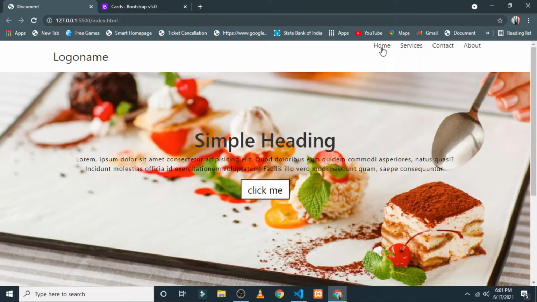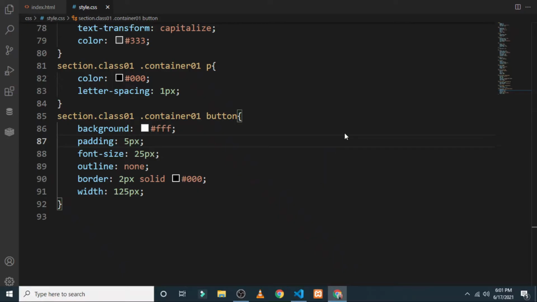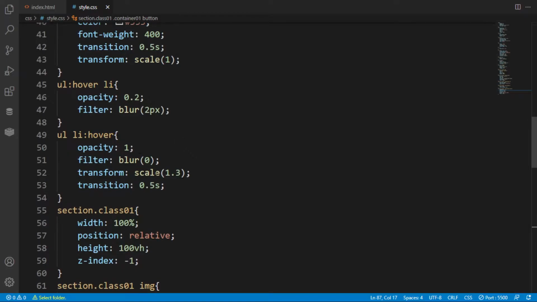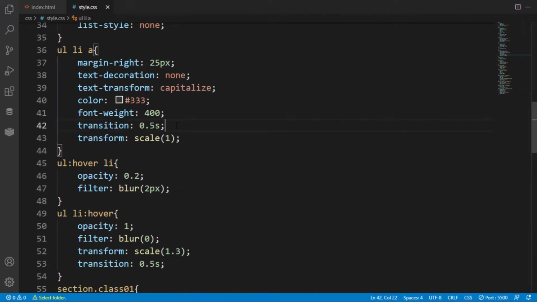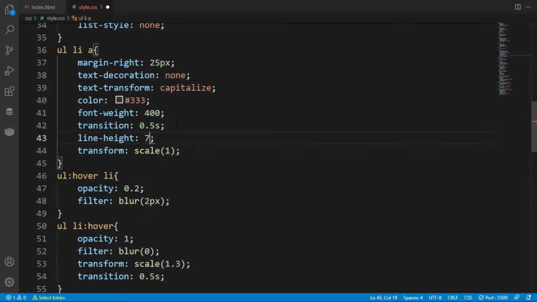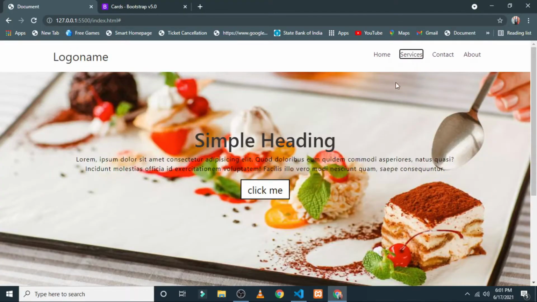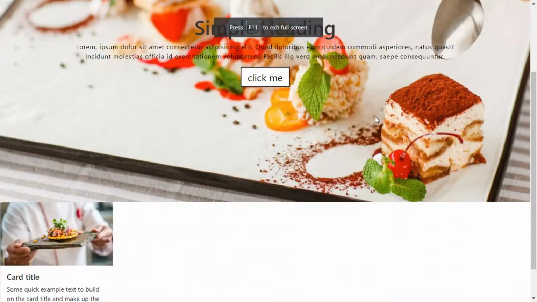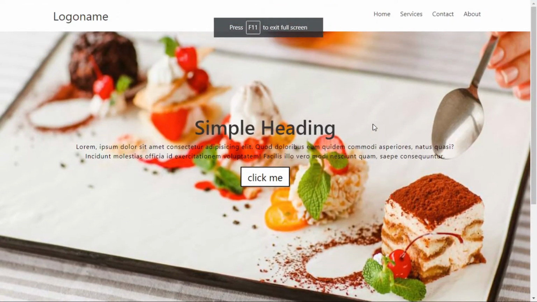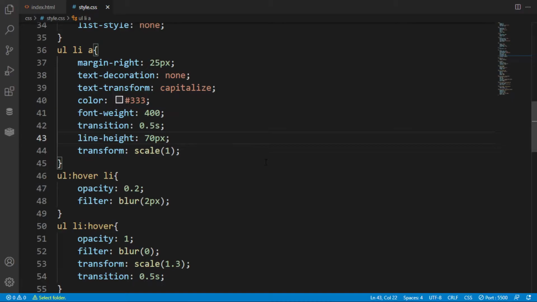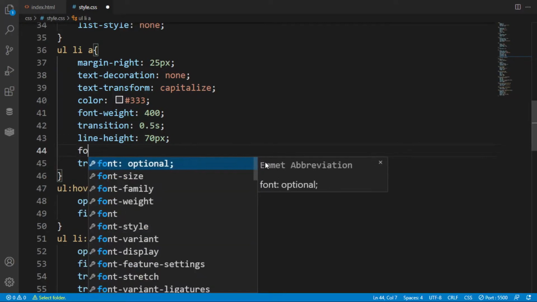Now there has been some error because we linked our Bootstrap before, so we have to set the font size and line item overlay property again. Our list item and the anchor tag have also been changed due to Bootstrap. Here you can see all the content in our header section has been changed, so we have to change these settings another time.